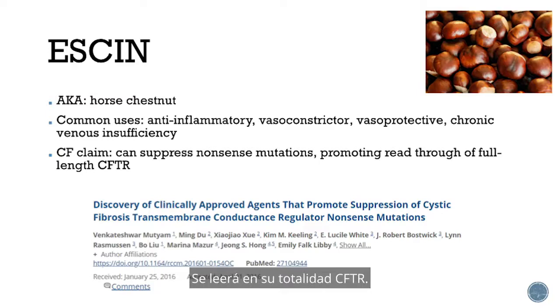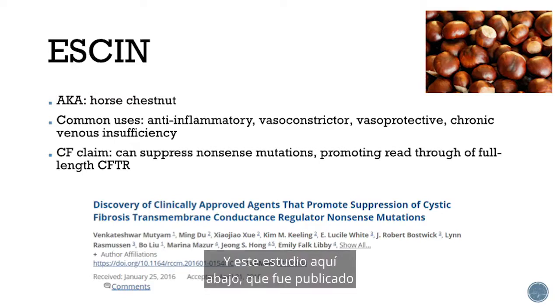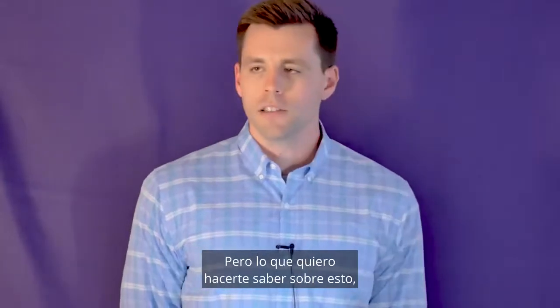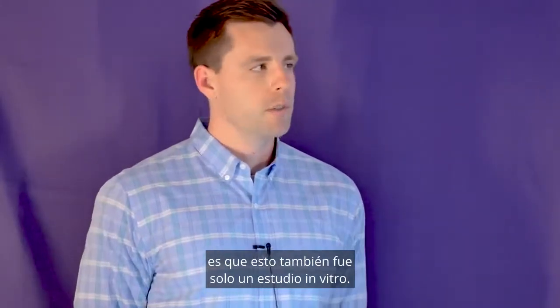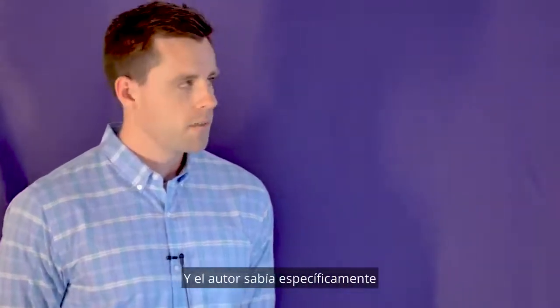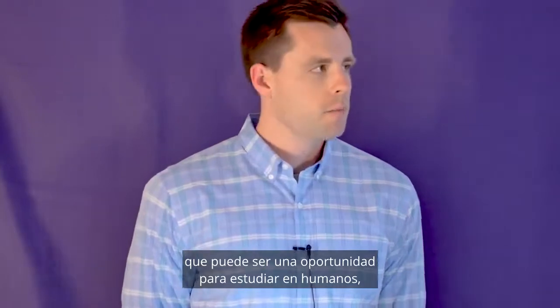of full-length CFTR. And this study down here, which was published in a pretty reputable journal fairly recently, discusses how they showed this. But what I want to let you know on this is this was also only an in vitro study. This has not been done in humans. And the authors specifically note that this may be an opportunity to further study in humans, but we just don't